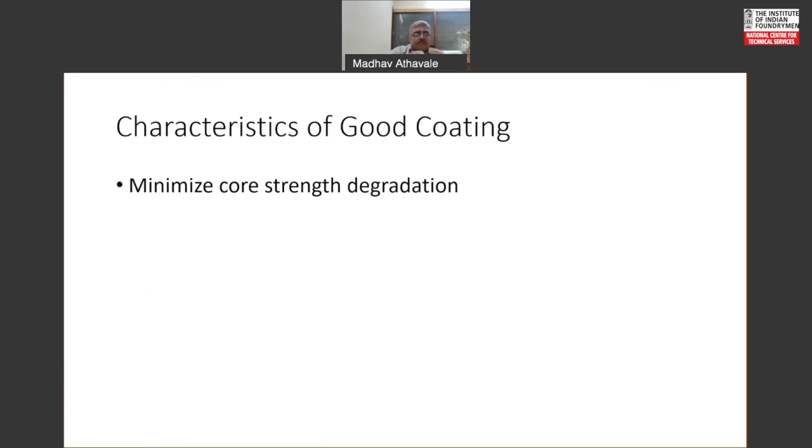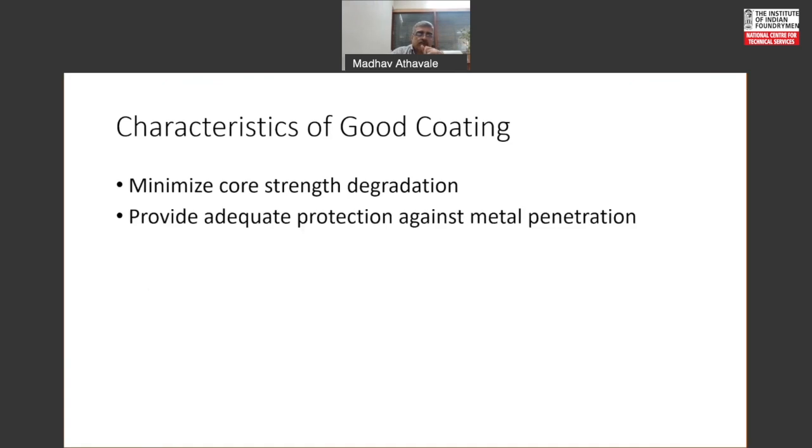One, it should minimize the core strength degradation, because the constituents of the coating can attack the binder system and weaken the core. So the design of coating has to be such that it doesn't degrade. It should provide adequate protection against metal penetration by way of proper selection of constituents. It should have good stability on storage,